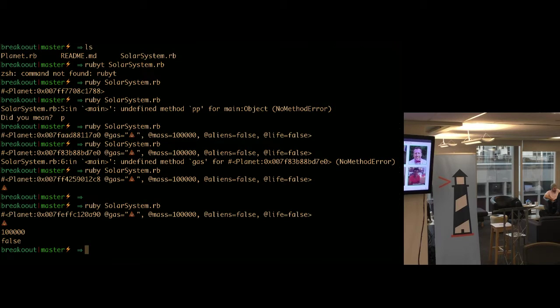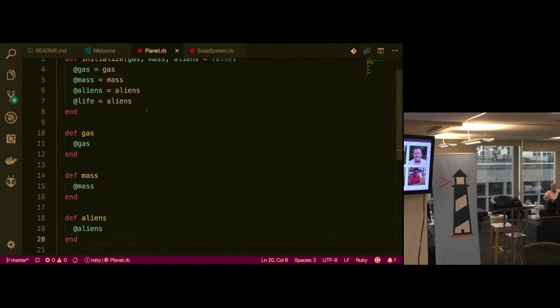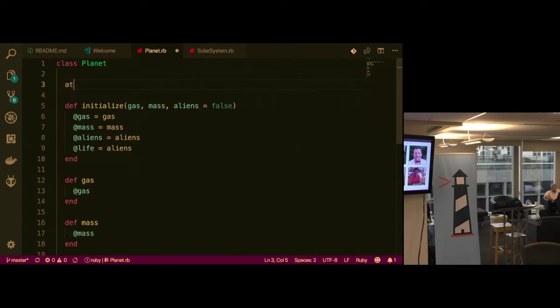Can I just add attr_accessors instead of doing all of that? Can I? Absolutely. What does that do though? You can make your decision on whether you want it to be readable, like you can only read it, you can't change it.